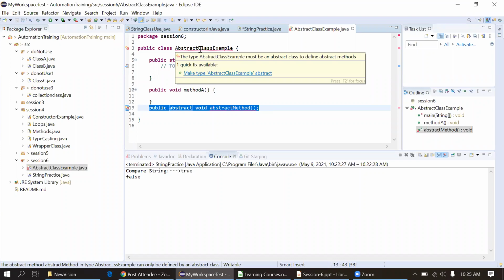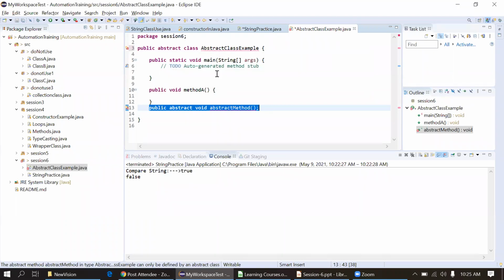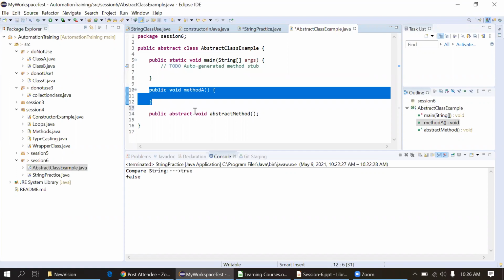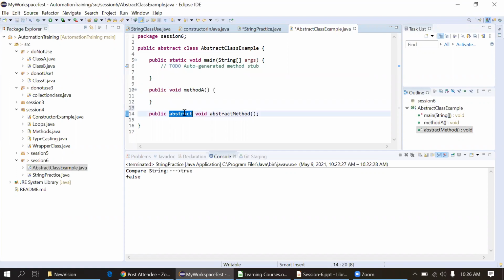Again I change it, make class example abstract. So this is the abstract class. An abstract class can have concrete methods. This is a concrete method, and this is the abstract method. Concrete means with the definition, and abstract means without definition, without body.